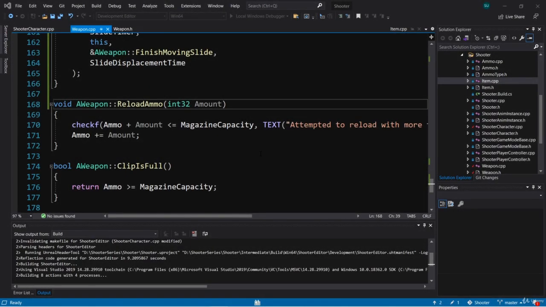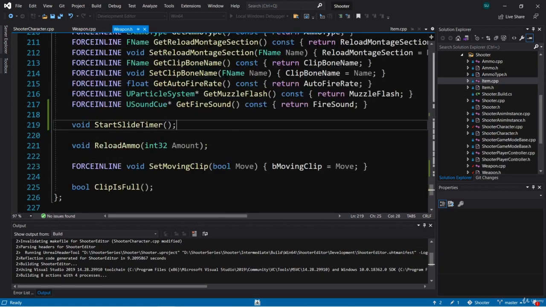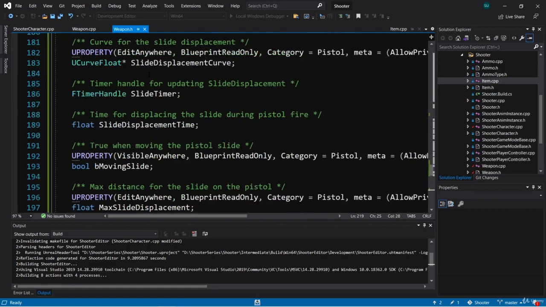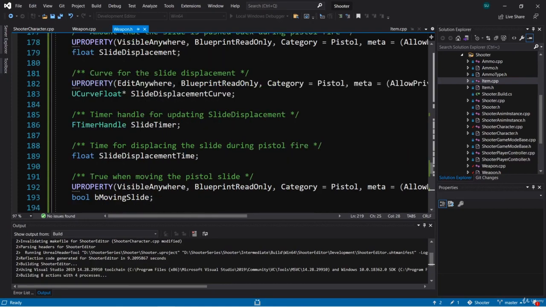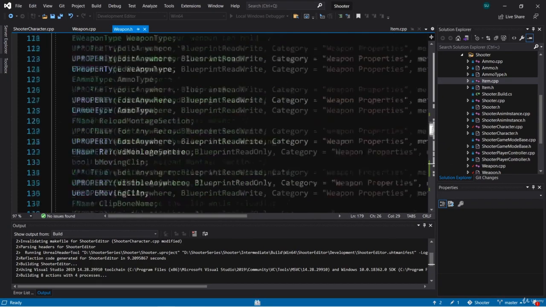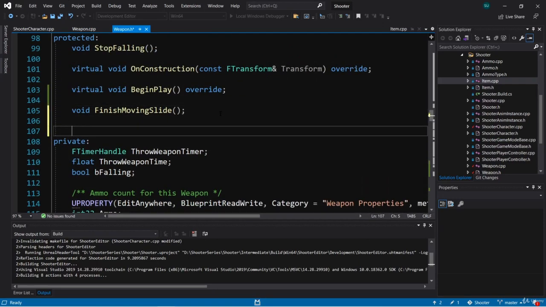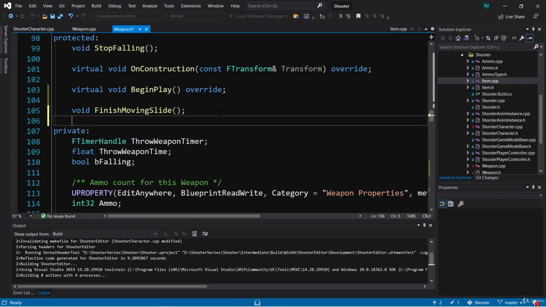Welcome back. Now we've set up a slide timer and we're calling this when we fire the weapon. We now need to create an update function that we can use to update our slide displacement amount, called slide displacement, each frame. So we're going to create a protected function right here just under our finish moving slide function, and I'm going to call this function, it's going to be void, and we're going to call it update slide